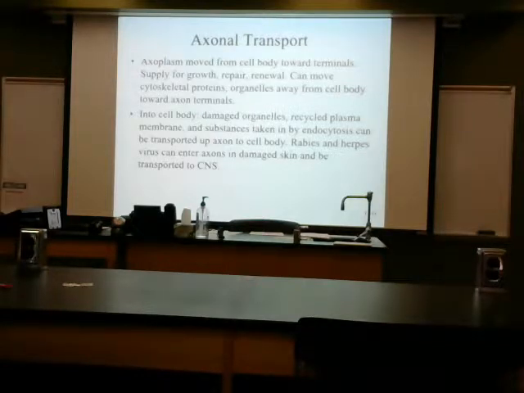Tuesday, because we are now talking about the nervous system, and we looked at parts of the neuron, and did a brief overview of the divisions of the nervous system. So we left off at the point where we talked about axonal transport, because one of the things that happens